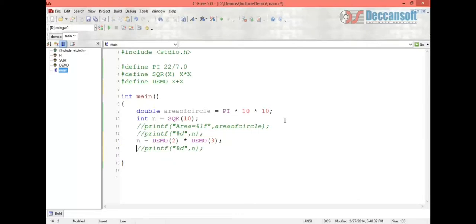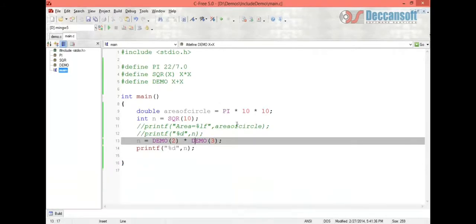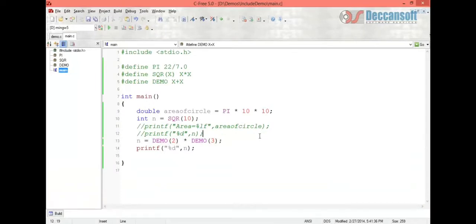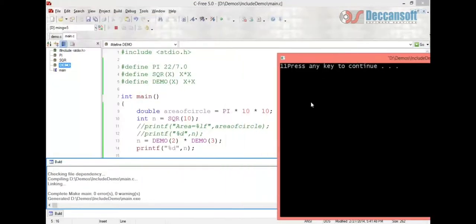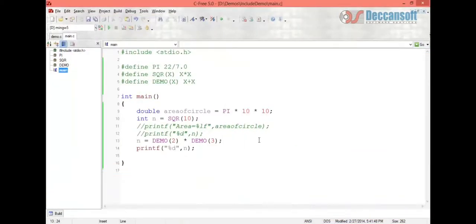Then writing printf %d, the value will be replaced as 2 and 3, and the output will be 2 plus 2, 3 plus 3, meaning 4 times 6 is 24. But let's see what it comes. It comes 11. So what is the mistake?